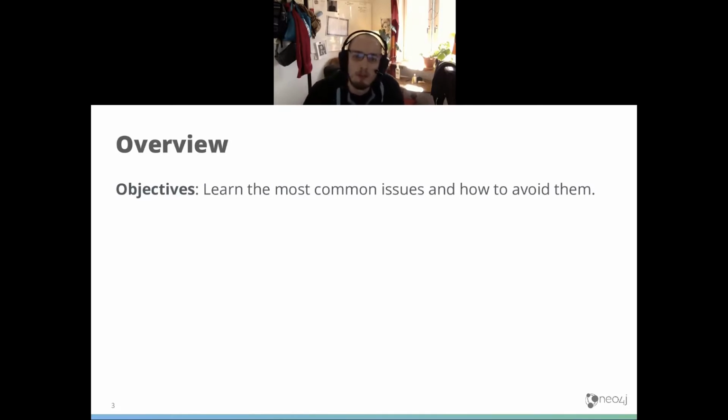So in this session, I will present to you a number of common issues that we've seen. While, as Lance said, the GDS library is new, graph algorithms aren't. In fact, the graph algorithms library, differently named, but with much the same contents, has been live out there working on Neo4j and supporting the community for quite some time. During that time, we've been able to collect a bunch of knowledge about what works, what does not work. And this session will be focused on some things that we know does not work. So I'll try to convey these experiences to you in the best way that I can, and also give you the best recommendations that we have